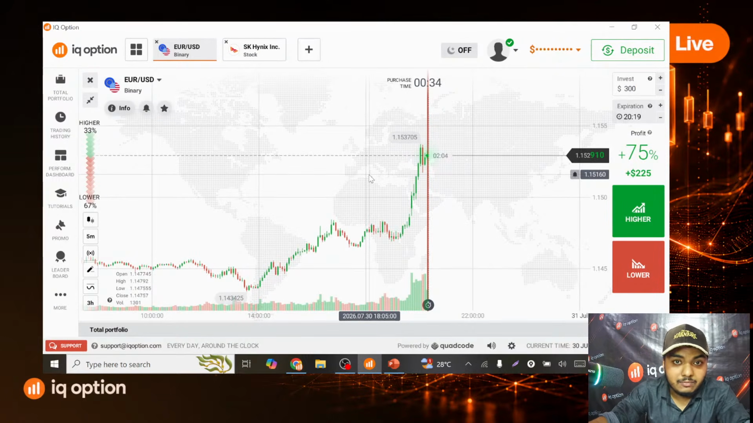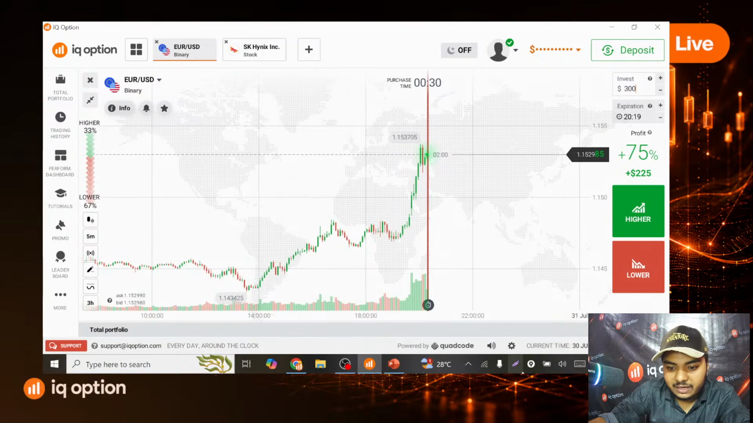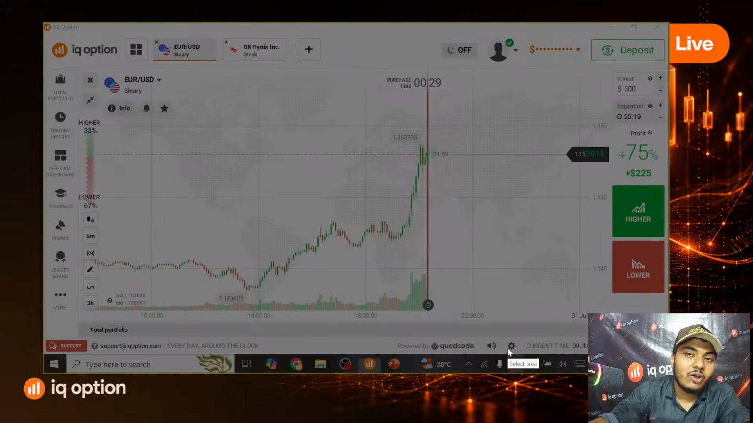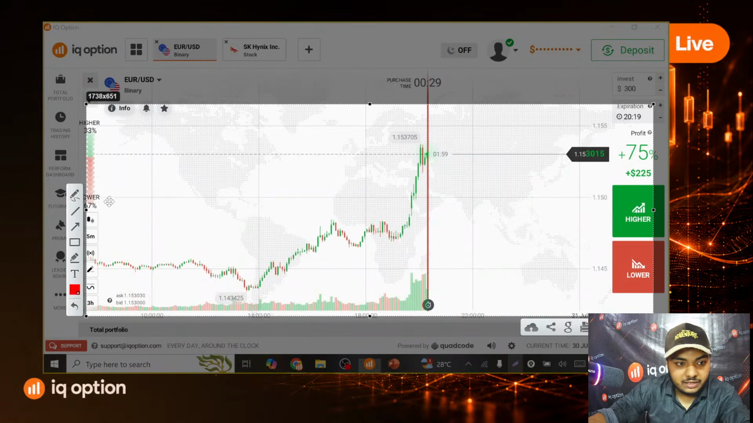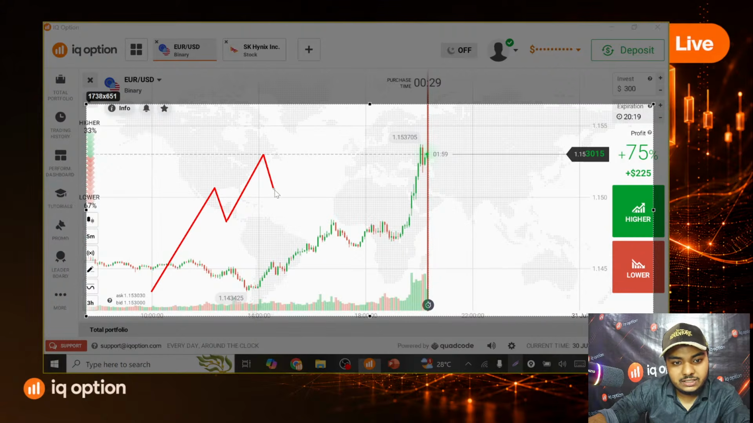Okay, a trend line means you draw in the trend only. If the market is moving in an uptrend, you can only draw in the upward direction. Like here, if the market has moved in the upward direction, you only draw a trend line